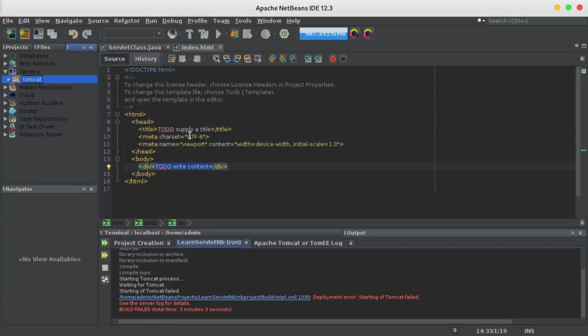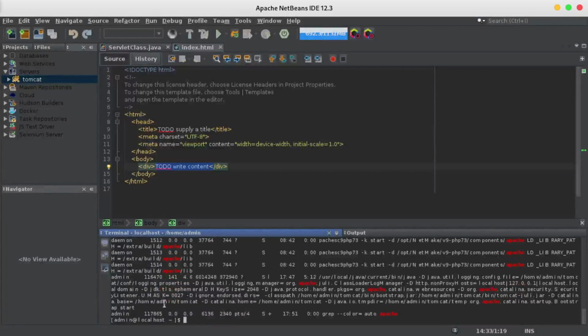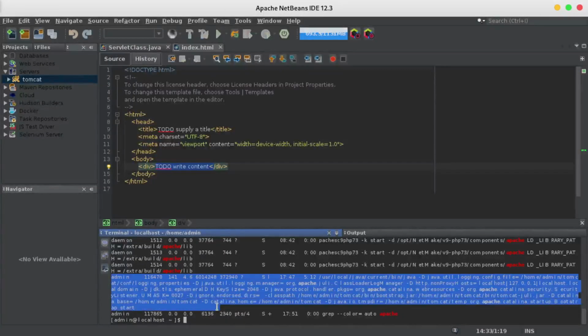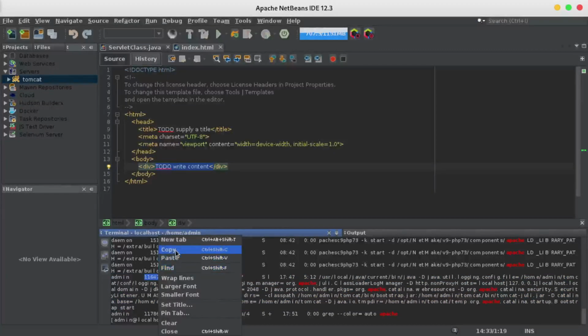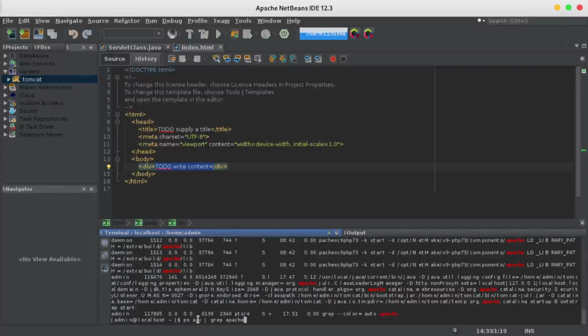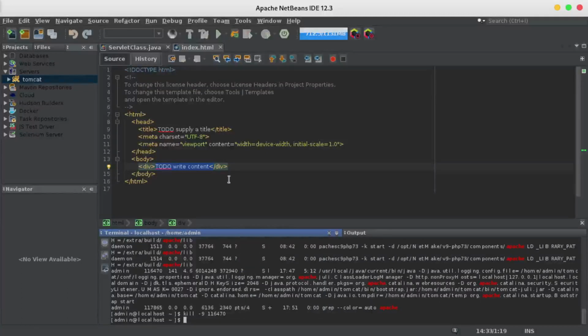And as we did the other time, we can check if there's any Tomcat process. You can see that there's a process. Sorry, I'm on Linux, so I'll be mentioning some bits, and they're important because most of the applications that will be hosted will be on Linux. You can see the process ID here. I can do a kill -9 for that process again. Kill -9 forcefully stops a process. So I've stopped it.